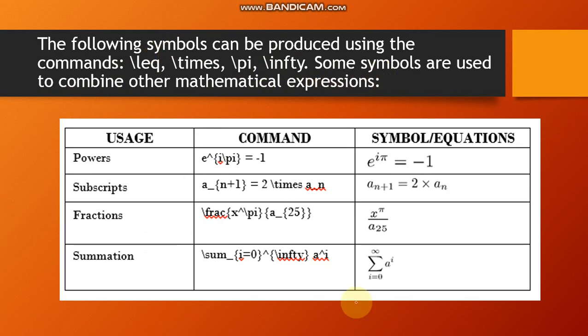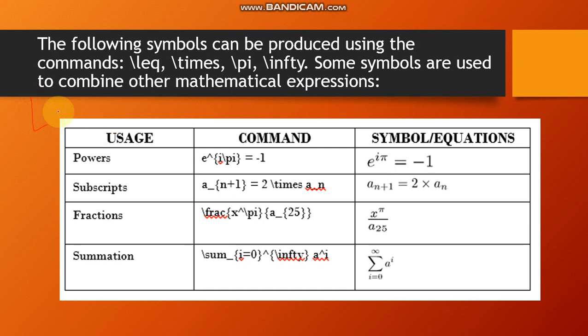Now, these symbols that I present will be useful especially if you are typing mathematical expressions on, say, the computer or laptop. Usually there are no fixed commands in, say, Microsoft Word. Though you can insert an equation, there are other things you cannot get there, and it's a bit troublesome. You can use the LaTeX,